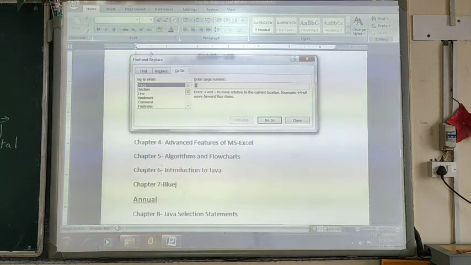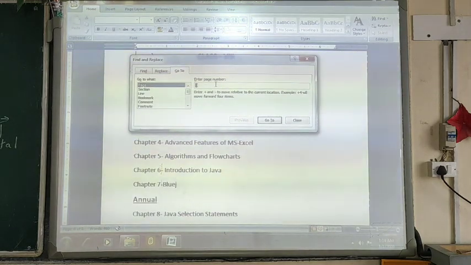Either you can scroll each and every page one by one, which is the time consuming method, or the second and easiest way is to use the go to option, and then you can directly move to the particular page where you want to move.